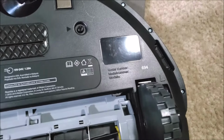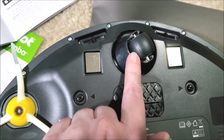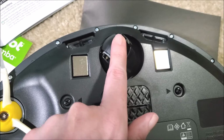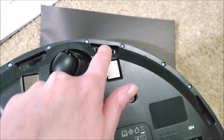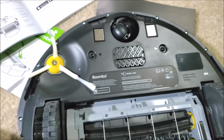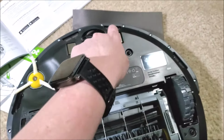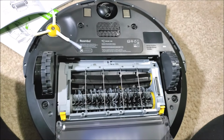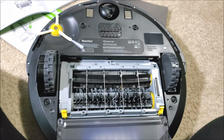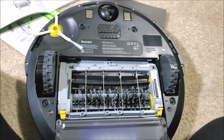And over here, there's some cliff sensors. We got this removable caster wheel right here. And we got the charger, and then the cliff sensors right there. So the cliff sensors are all the way around. That way it won't fall down the stairs or anything. And it has the good sensors right there, so it could basically go in the direction it's supposed to go without running into things or falling down the